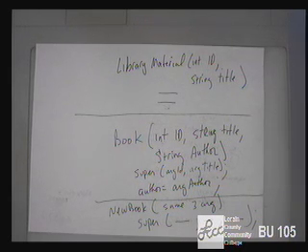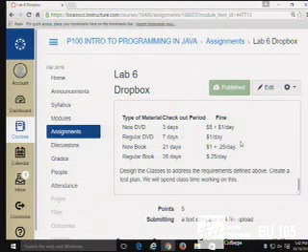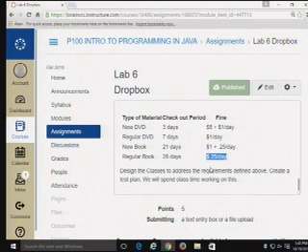The other thing is if the calculation of one class is based on the calculation of the superclass. For example, if I were to change this to say the fine of a new book is twice the amount of a regular book, then I could simply call the regular book's calculate fine and multiply it by 2. All right?